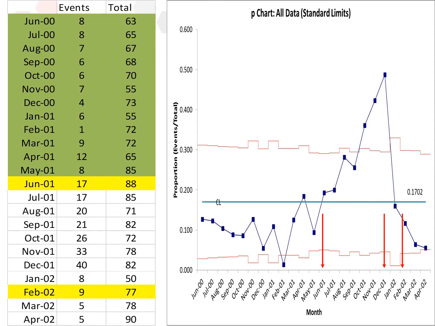The outbreak of Pseudomonas infections followed the introduction of new flexible bronchoscopes in June, resulting in a recall of the scopes in December and a withdrawal of the scopes in February, as shown by the three red arrows. Next, as a review of SPC basics and as a necessary first step prior to considering fixed or split limits analyses, let's conduct a thorough standard interpretation using the Big Three method, which is: